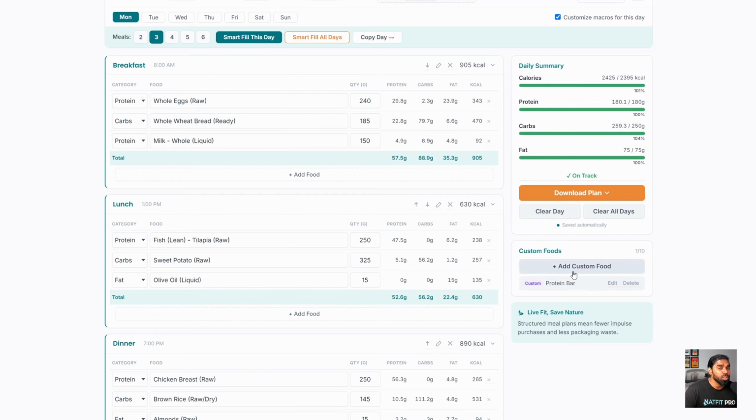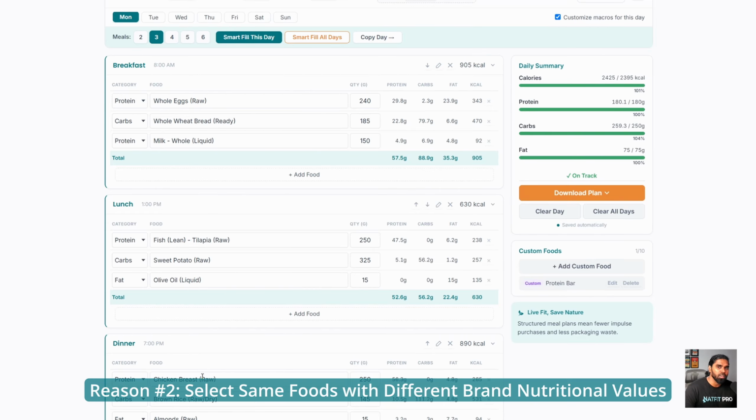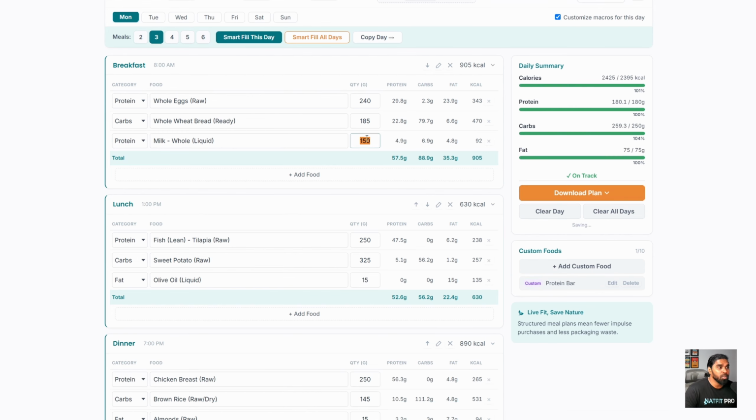Another reason why you should use the custom food is that you have the food already, but it doesn't match your brand label. For example, 100 grams of milk listed in Diet Builder Pro has 3.3 grams of protein, 4.6 grams of carbs, and 3.2 grams of fat, and total 61 calories. But if you have found different calories and macro numbers on a brand label, you can always choose to add it to the custom food and use that milk instead of the default milk which is available on the